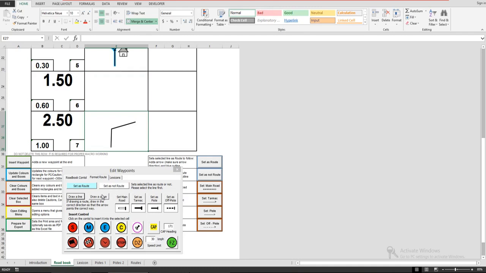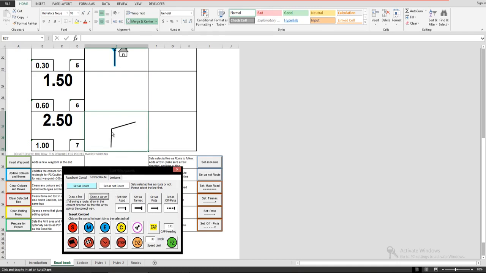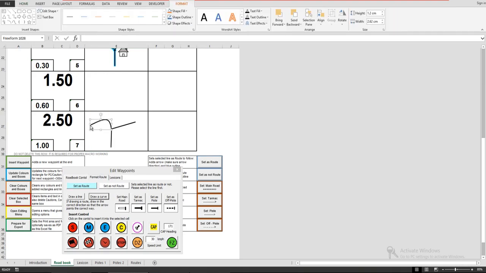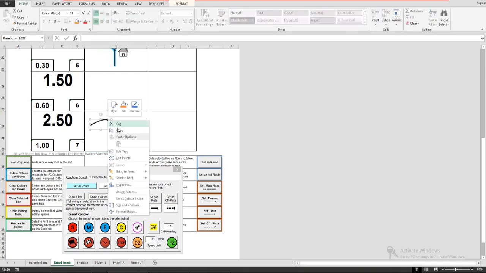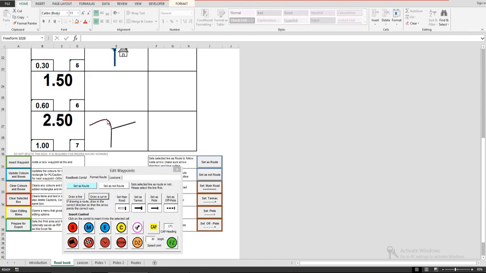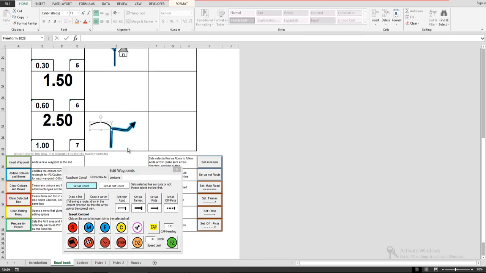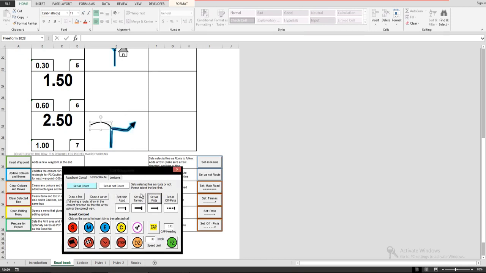Similarly, if you need to insert a curve, you can click on draw a curve, click for the first point, click for the second point, and as you move it around, you can see the direction in which the arrow curves. Again, you can double click, and in Excel you can always right click and edit points. So in case the shape is not exactly what you're looking for, you can move this around, or you can add new points in between. The other functions work the same, where you can set as a road, set as a route, or do some other kind of formatting.